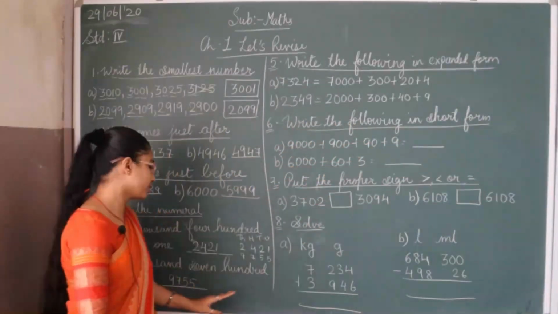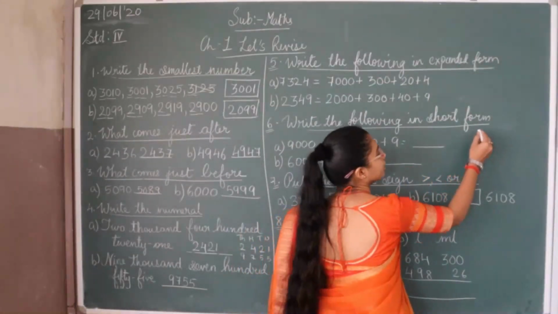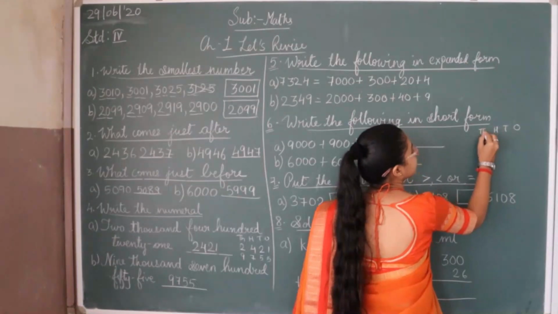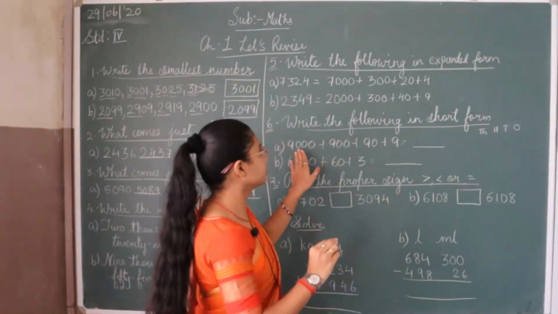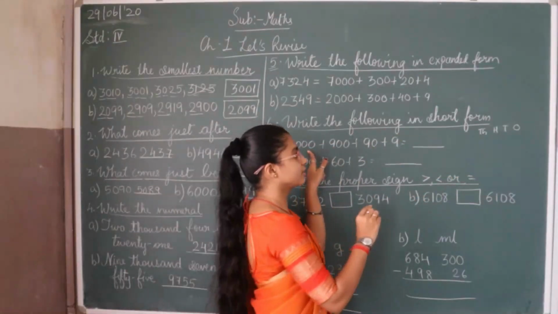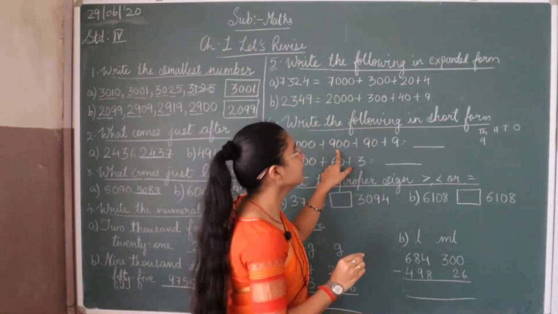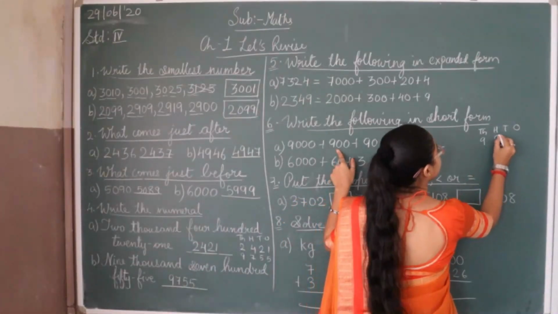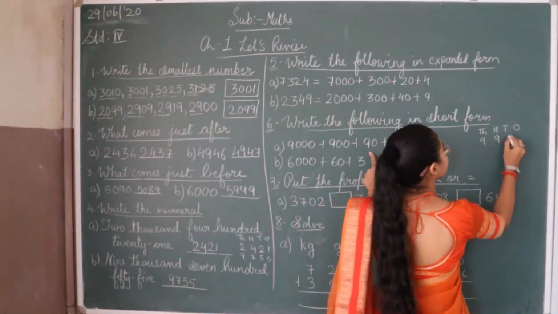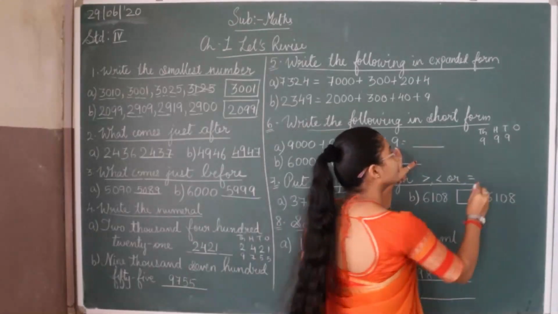Here also we will do like this. We will make a small place value chart, that is ones, tens, hundreds and thousands. So we will write that on that place value chart. First one is 9,000, so 9 will come in thousands place. Then 900, again 9 will come in hundreds place. Now this is 90, 9 into 10, that is 90 in tens place, and 9 ones.